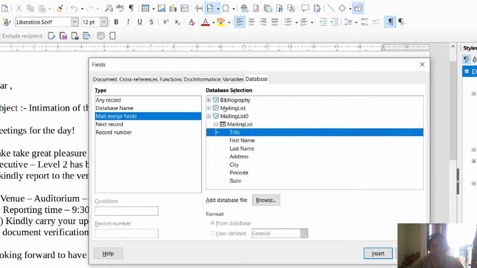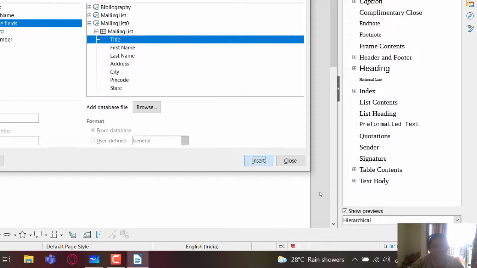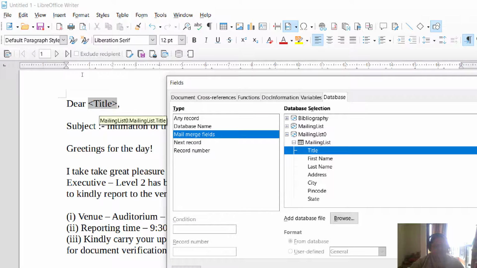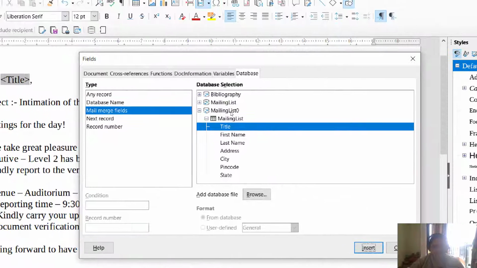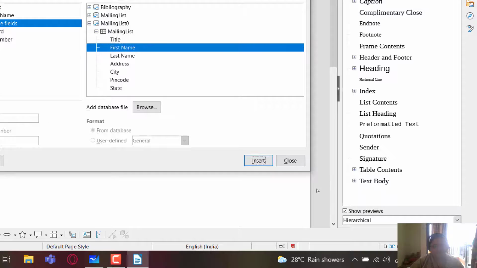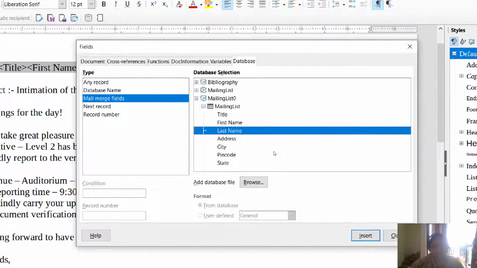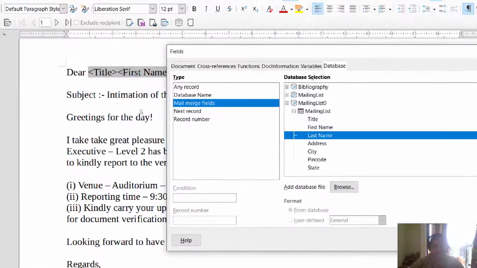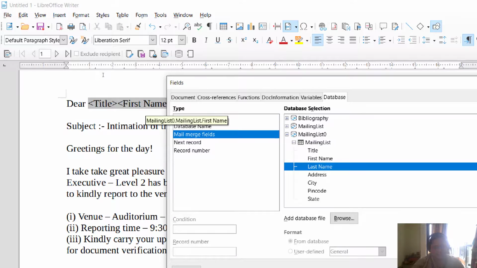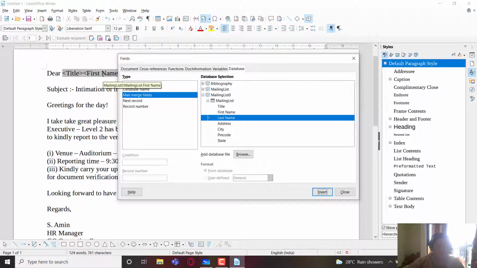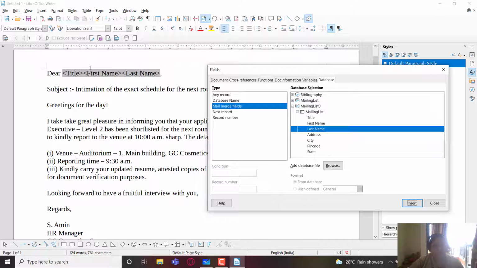One by one you can just click on the fields, click on insert, so the field gets inserted here. Likewise I'm going to insert all the fields. You can see that you are getting all the fields in the background. If you want, you can also make the subtle settings over here.